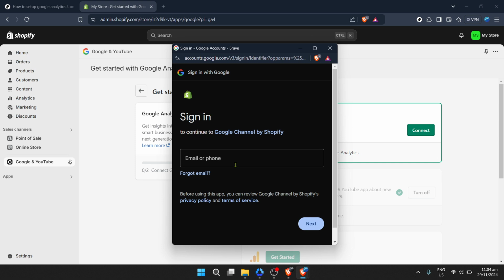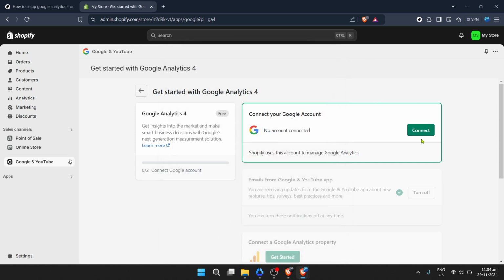And that's it. In just a few minutes, you've successfully connected Google Analytics 4 to your Shopify store. This integration will provide you invaluable insights into your store's traffic, user behavior, and overall performance. Take some time to familiarize yourself with the GA4 dashboard, exploring the various reports and metrics available. Understanding these analytics can help you make data-driven decisions to optimize your store, improve customer experience, and ultimately increase your